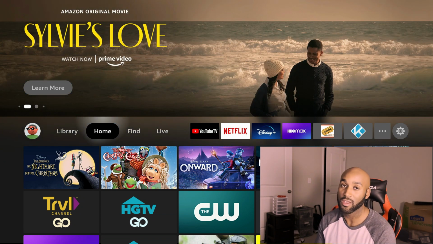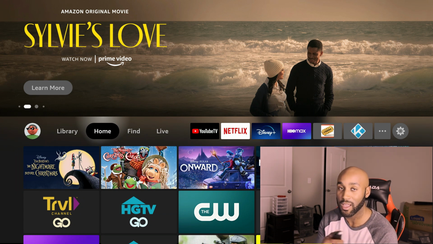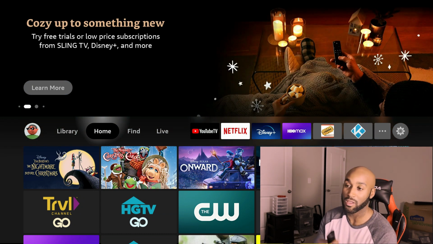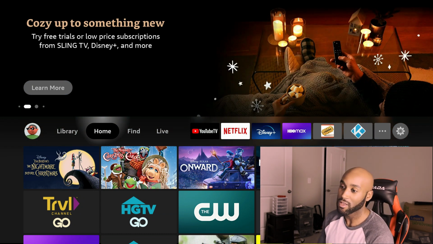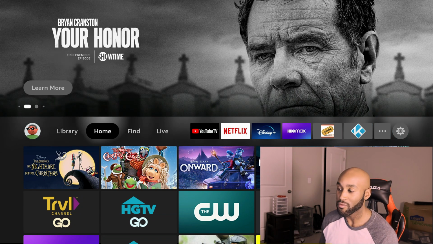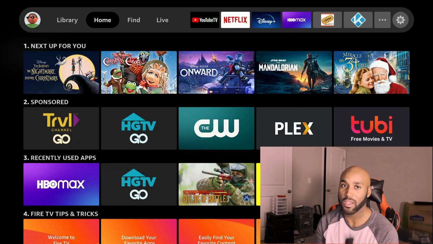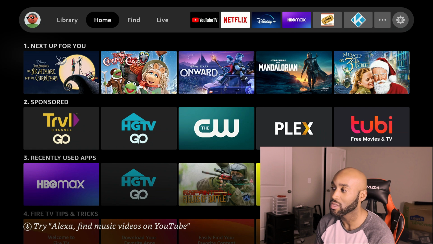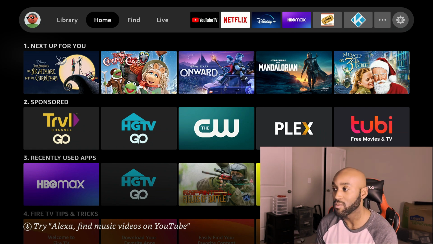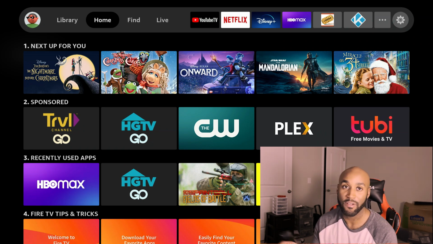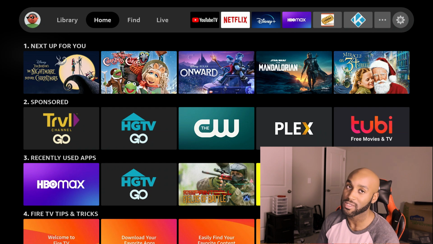Unfortunately, you still have to say the command, so it takes a lot longer than if you were to just select it with your thumb. But it's a nice feature that they have added. Let's say for the Amazon Fire TV Cubes, when they get this update, you can really fully customize the flow of what's going on. If you connect your Echo to your Fire Stick to turn it into a Fire TV Cube, I can definitely show you that. That way the voice commands will be more enhanced for you, and you can get the most out of the voice features that you now have the capability to use in the Amazon Fire Stick